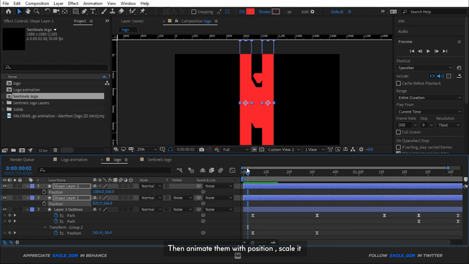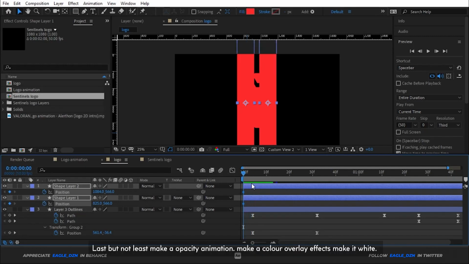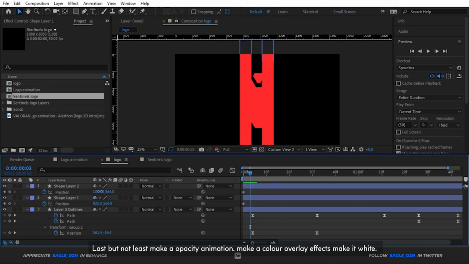Then animate them with position and scale. Last but not least, make an opacity animation. Make a color overlay effect, make it white.